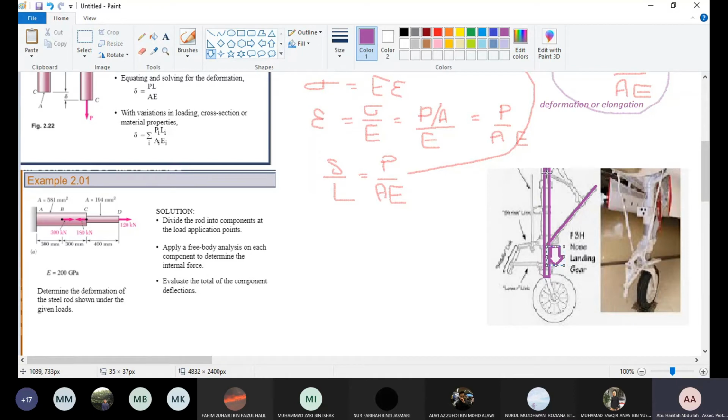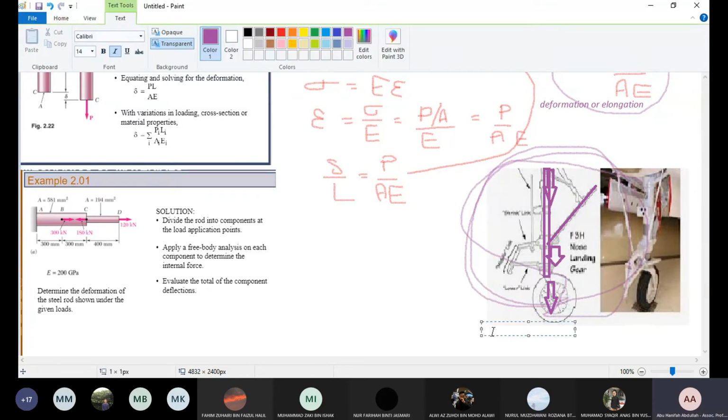Okay, and you have a force here, attachment with another component force here, and the wheel itself also giving you the force. This is just an example. This example problem here, if we have this nose landing gear, okay, you may have